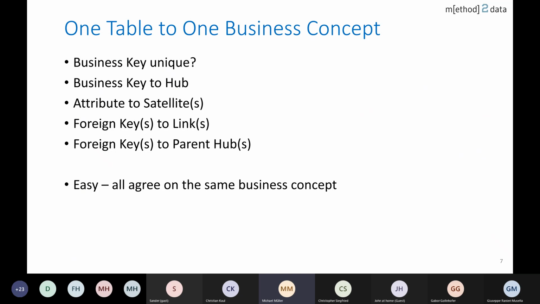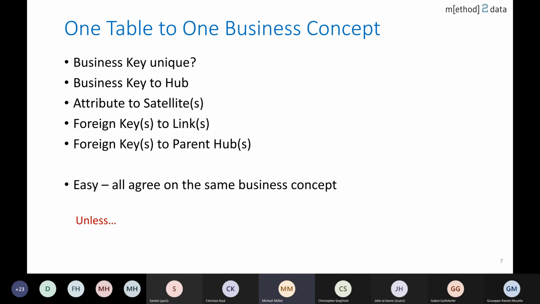And the foreign keys become links, and they need to fill the parent hub. So this one is the easiest one. That's the sweet spot. All agree on the same business concept. Unless